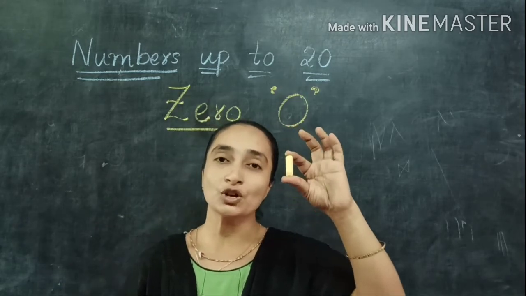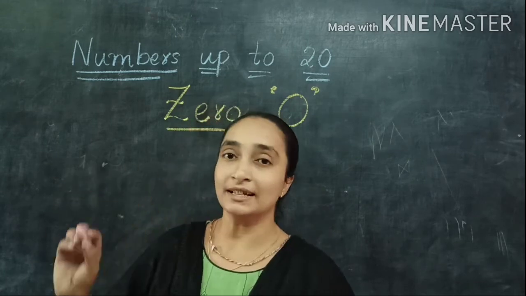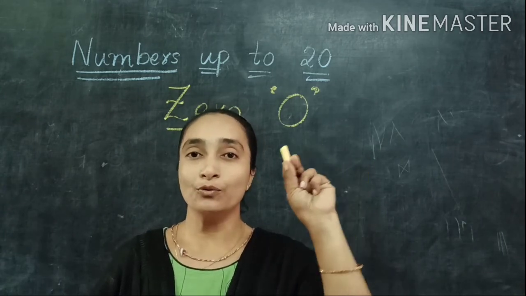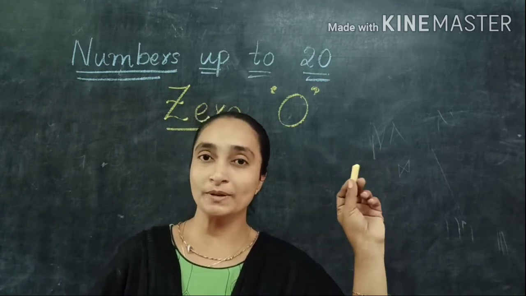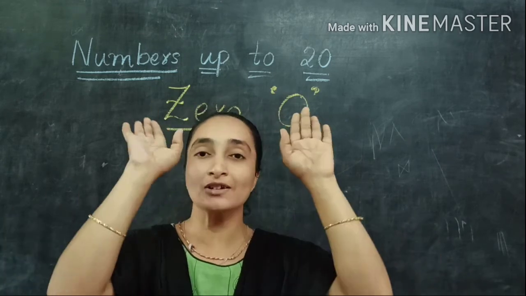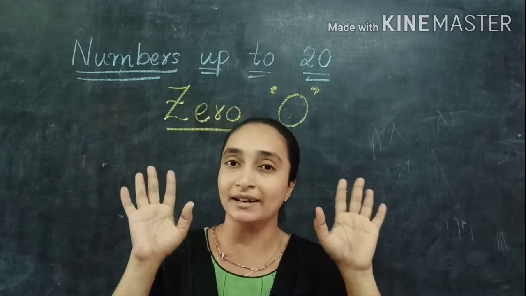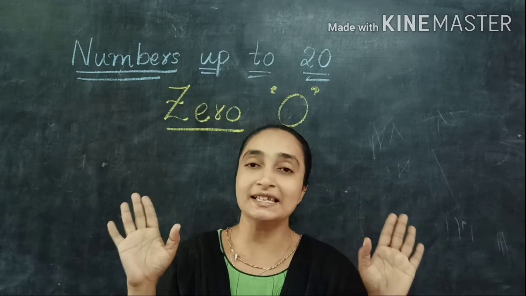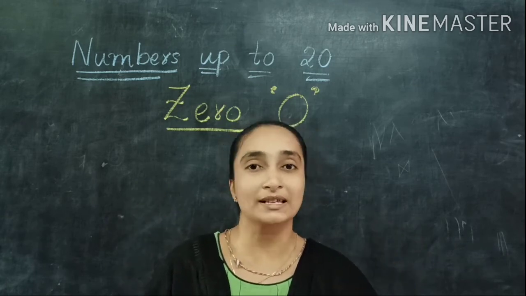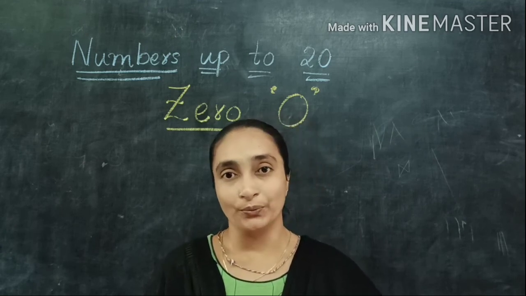Now I have one chalk piece in my hand, another chalk piece in my hand. These two chalk pieces have been writing, and the pink chalk piece is over. After that, only one chalk piece is there. This one chalk piece also, after writing on the board, has been completed. Now, how many chalk pieces are there in my hand? Nothing. 0 means my hand is empty. So 0 means nothing. When nothing is there you can say 0. 0 chocolates, 0 biscuits, 0.